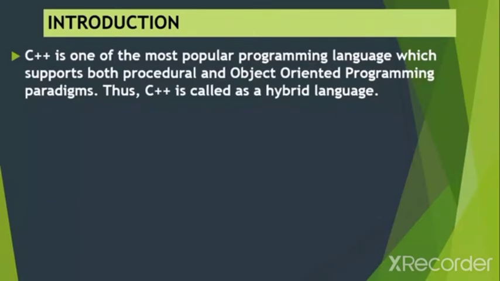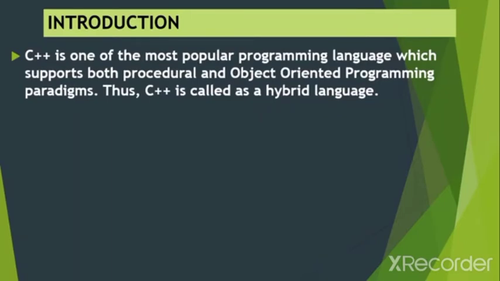Okay. So this C++ is a programming language. It is a high-level programming language. We have already studied that the computer knows only machine language, but we are very familiar with high-level language. So our language will be converted into machine language with the help of translating programs. So C++ supports both procedural and object-oriented programming, so it is called a hybrid language because it is a combination of both procedural